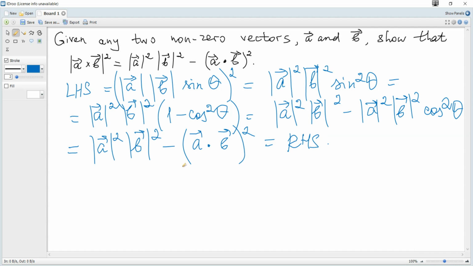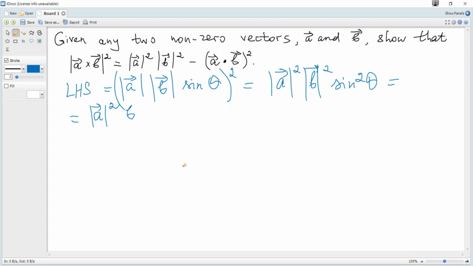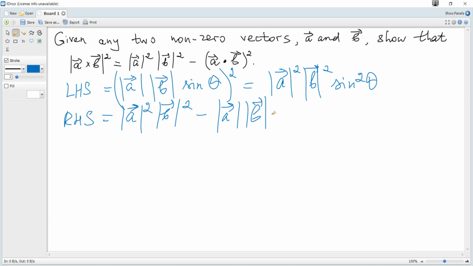Or we can consider the right hand side, and we can see that the right hand side is equal to the magnitude of a vector squared, magnitude of b vector squared, minus, using the formula for the dot product, which is also given in the data booklet, a vector magnitude, b vector magnitude, cosine of the angle between them, and